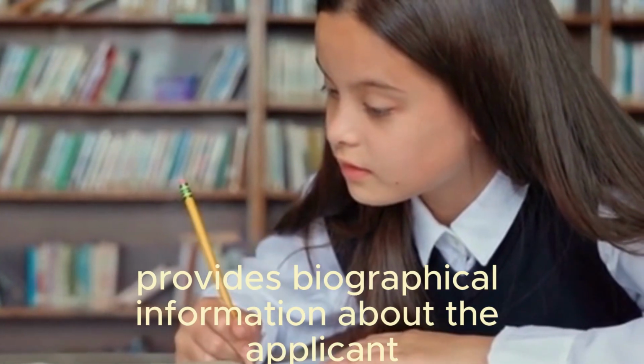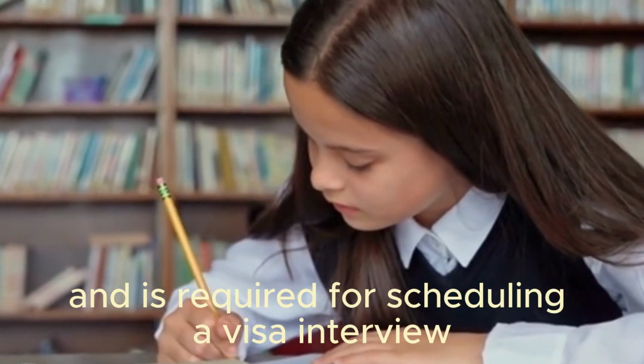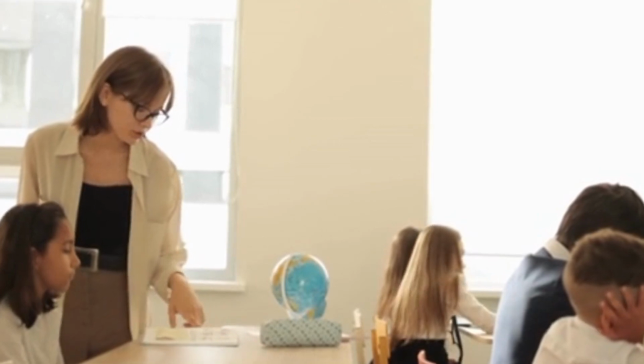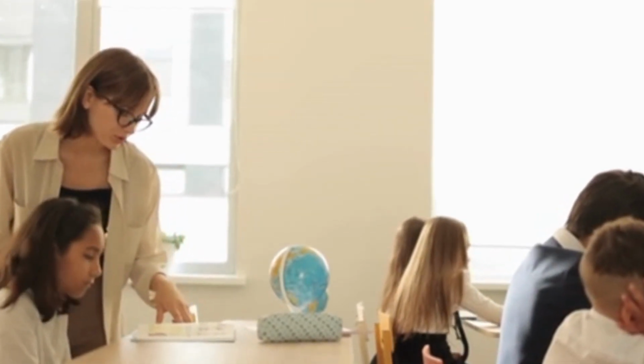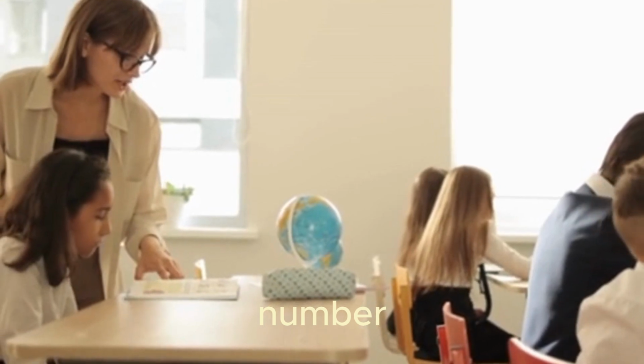This form provides biographical information about the applicant and is required for scheduling a visa interview. Number 6, schedule and attend a visa interview. Contact the U.S. Embassy or consulate in your home country to schedule a visa interview and bring the following documents